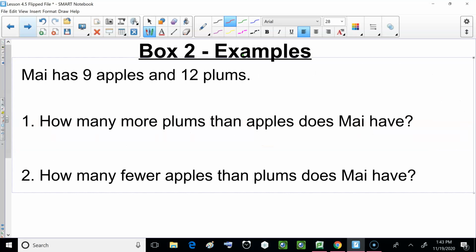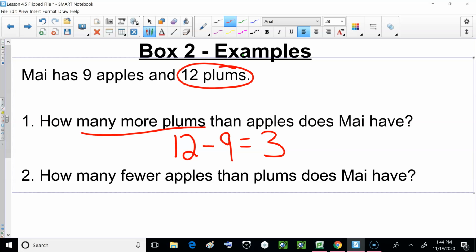So let's go. Maya has 9 apples and 12 plums. How many more plums than apples does Maya have? So we're going to take 12 minus 9 would equal 3. But I can't put 3 plums because we know she actually has 12 plums. I need to know how many more plums. So it's 3 more plums than apples